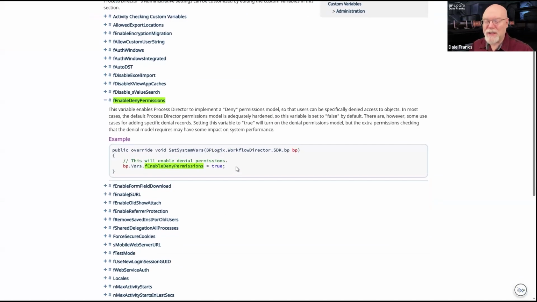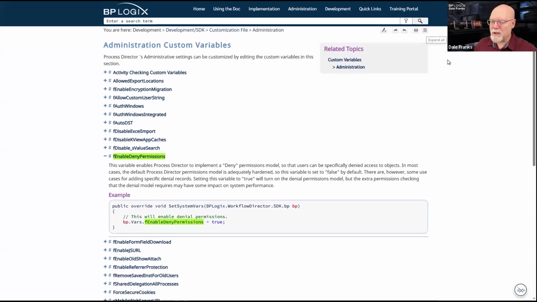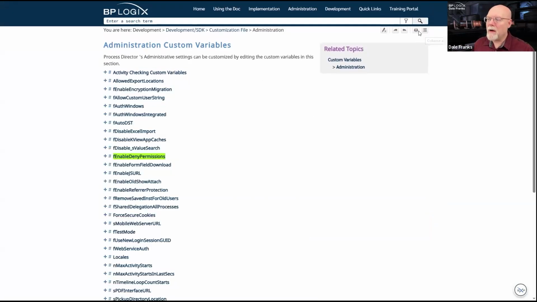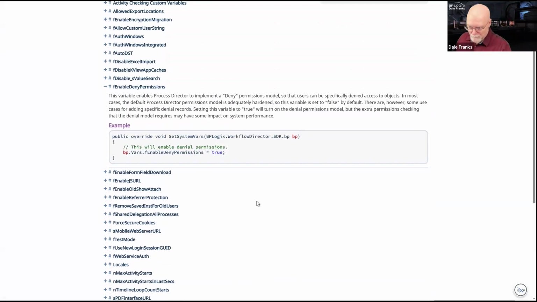I have to set this custom variable to true in my custom vars file for the system to allow denial permissions to be used. Now, there is a reason why we have turned off F enable deny permissions by default. You rarely need specific denial permissions.